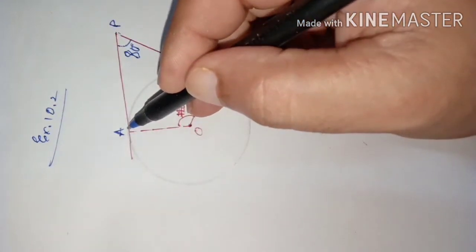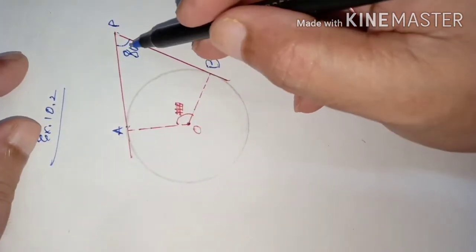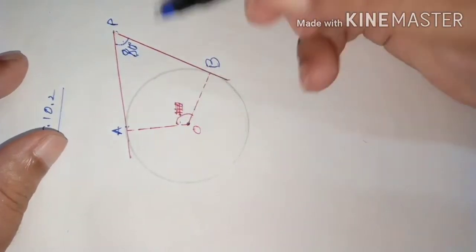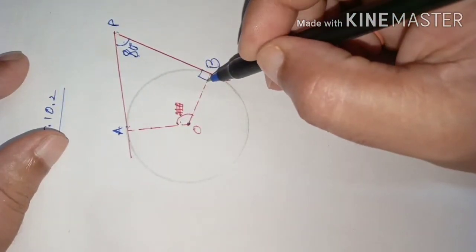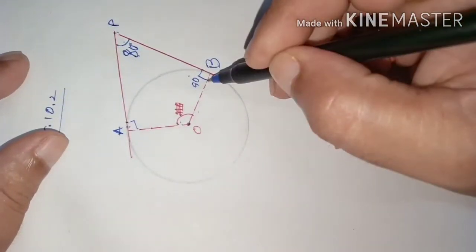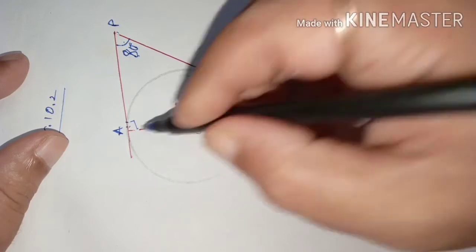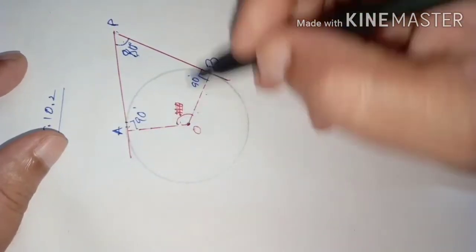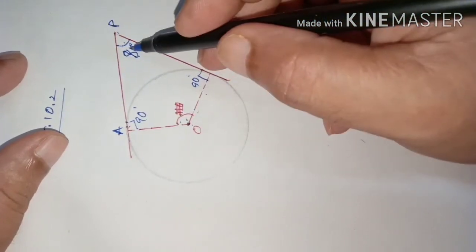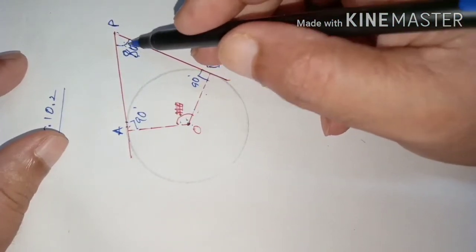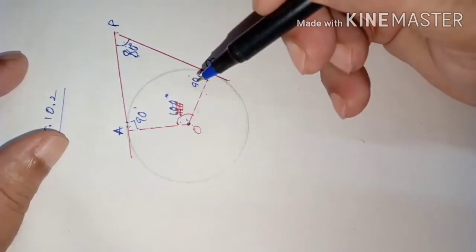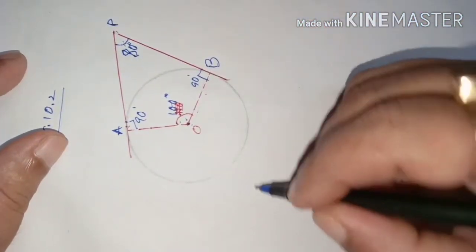See students, if it is 80 degree, then the sum of the two opposite angles of a cyclic quadrilateral is 180 degree. Since this angle is 90 degree, no? This angle is 90 degree. That is 90 here because radius is perpendicular to a tangent. This is also 90 degree by the same reason. That is, it is a cyclic quadrilateral. Then sum of this angle and this angle also is 180 degree. When 80 degree is here, then this angle is 100 degree, because 100 plus 80 is 180. So we can write that part like this also.